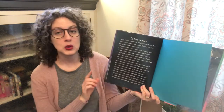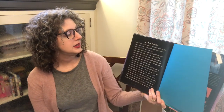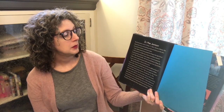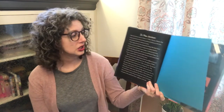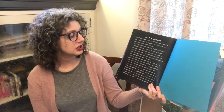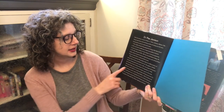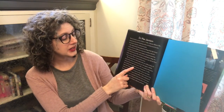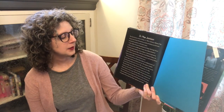I won't read the whole thing, but if you decide you want to check this book out, you can certainly read all of this. So she grew up in Decatur, Alabama, and she graduated from Morgan Park High School. She went off to college at just 16 years old, which is early, because she was so smart. And she later went to Cornell Medical College and became a doctor. And then she became an astronaut. She became the first African-American female astronaut, and on September 12, 1992, Mae's dream finally came true when she